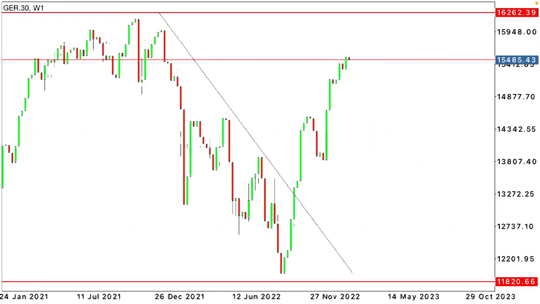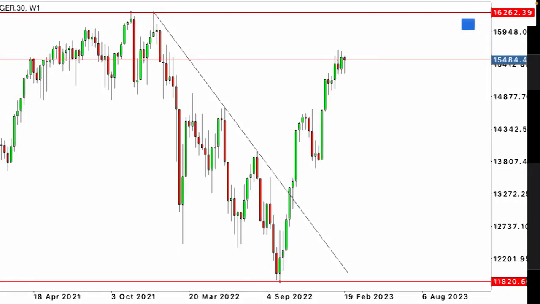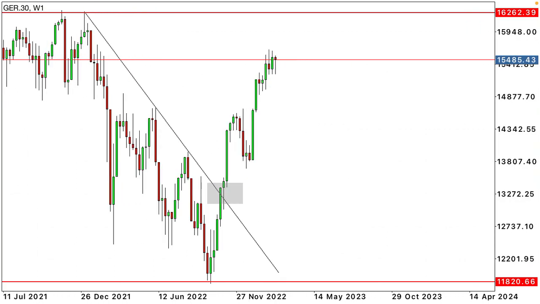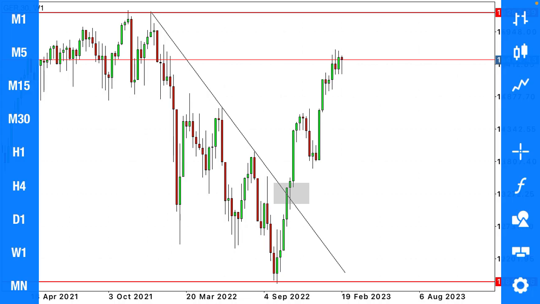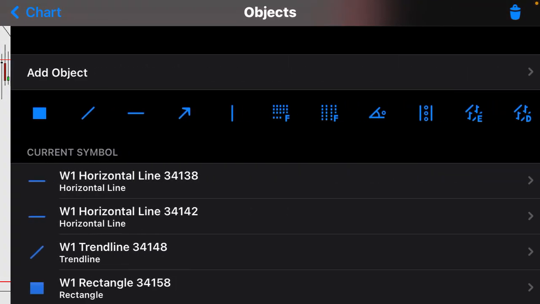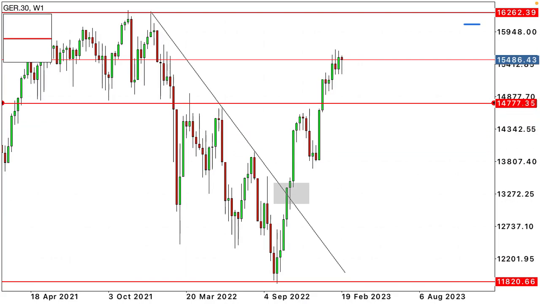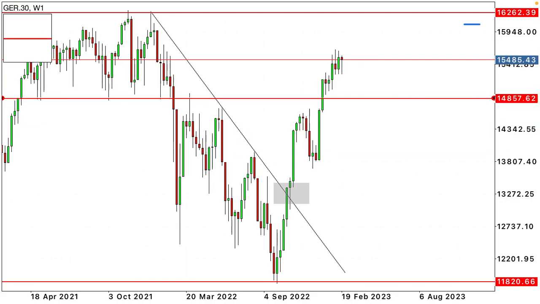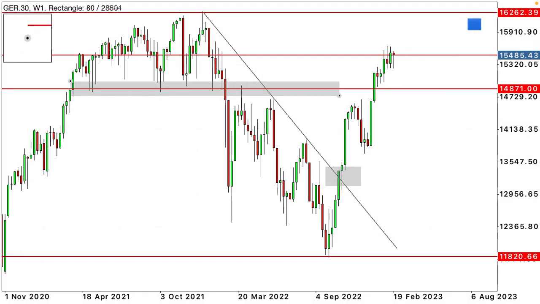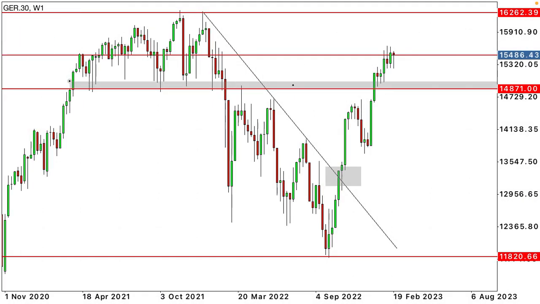Okay, I see. So right now what I'm seeing is that the market on my weekly broke the trend line, and it has been going up consistently, and it's showing us that it's on an uptrend. Solid. So now let's mark our zones. The first one is what? Let me just use my horizontal lines so we can always remember. I think you can see there, we are having a zone. I think it's this one, as you can see. It's this proper zone there,